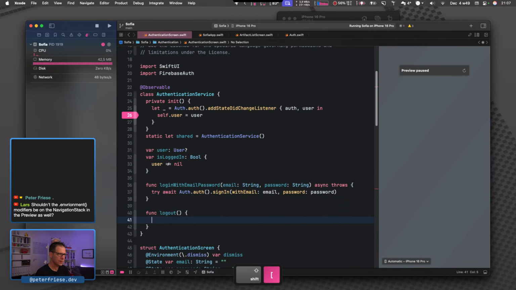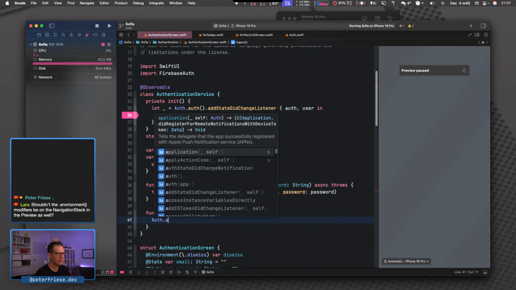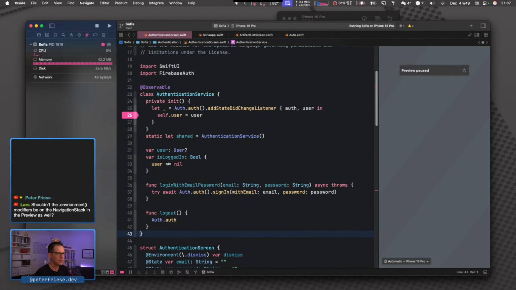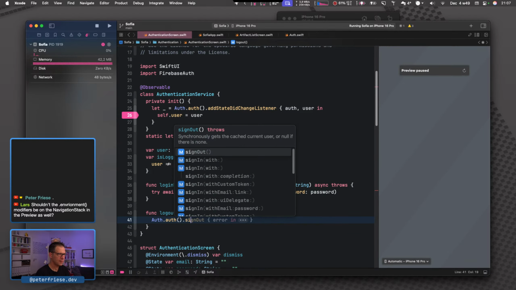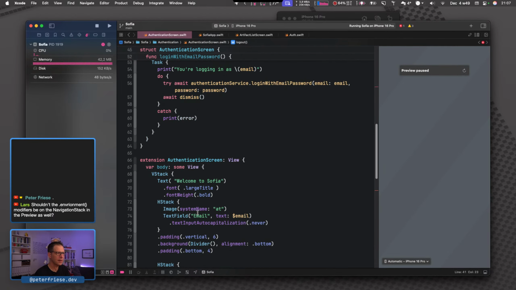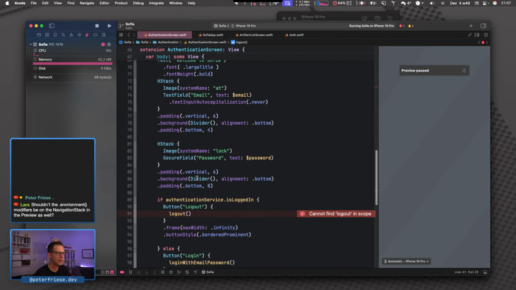func logout, and then inside the logout function, what we need to do is auth.auth sign out, and this can throw. Okay, and then down here, where did we call?